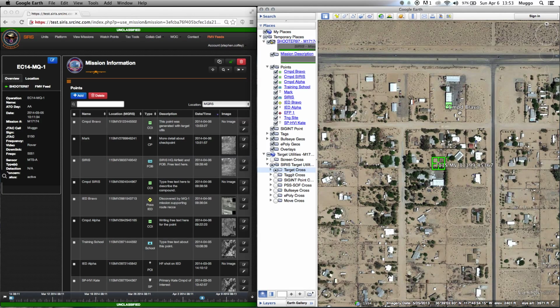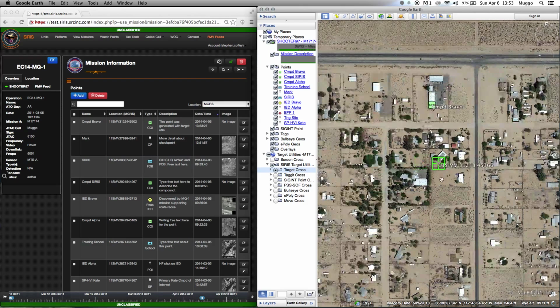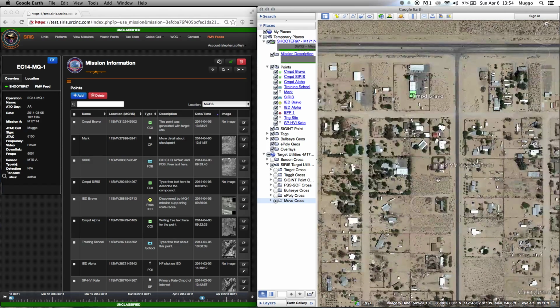So in old SIRIS I'd have to go and delete a point, refresh, and add a point. Well, now we don't need to do that anymore. We can actually move that point. So I'm going to deselect target cross, and I'm going to select move cross. Alright, so there's a little M right there. So now all I got to do is go over here to the move slot here, click on it, and